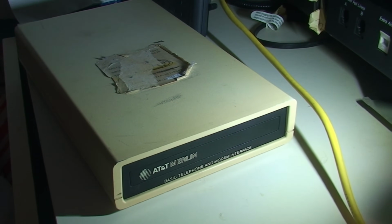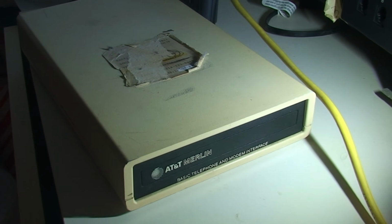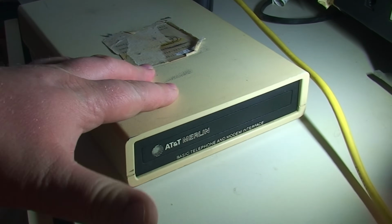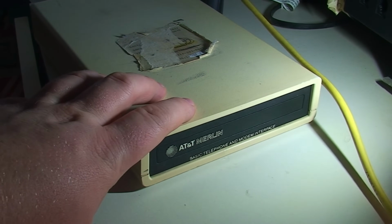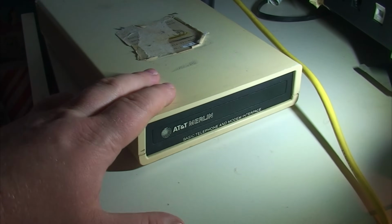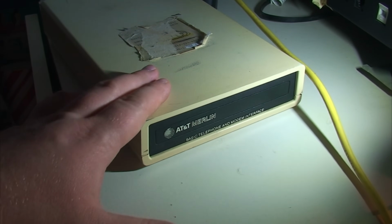And unfortunately this thing is actually broken. There's 2 phones that are tied into the same extension and are eventually run into this thing. And this thing just gave up the ghost about 5 or 6 months ago. If you pick up the phones that are connected to this, you don't hear anything. Just a very faint electric hum,